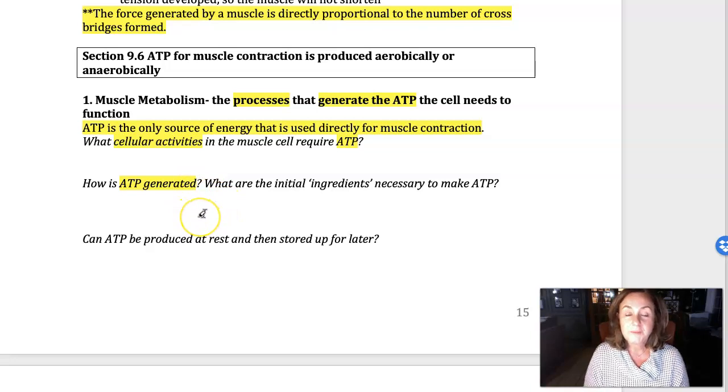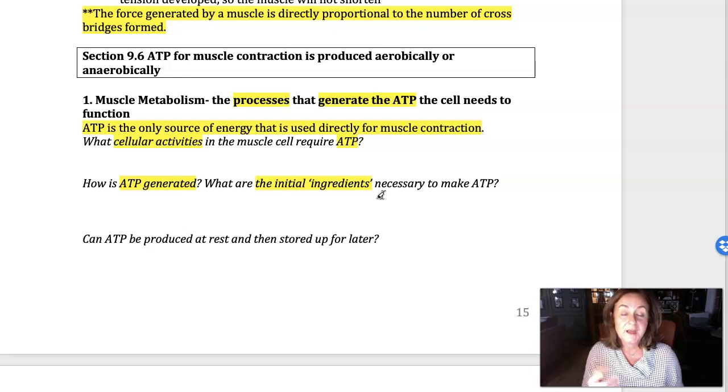ATP is generated by, do you remember the organelle? You probably do. It's generated by mitochondria, and mitochondria can't just make ATP out of the blue. The initial ingredients necessary to make ATP, mitochondria require two things, and there's no way around this. You need a nutrient source. That nutrient source could be carbohydrate, protein, or fat. Okay, so mitochondria can use any of those